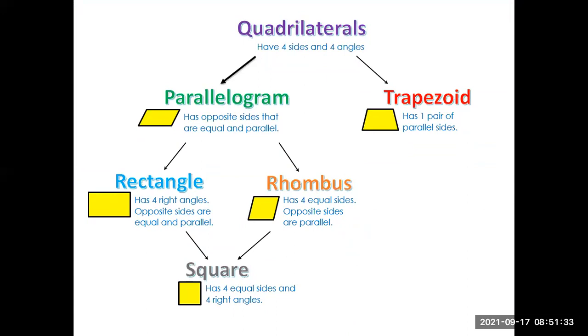Quadrilaterals can be classified into two categories. First is the parallelogram, which has two pairs of opposite sides parallel and equal, whereas a trapezoid has only one pair of sides which are parallel. Then we see rectangle and rhombus. A rectangle has opposite sides equal and all angles 90 degrees. A rhombus has all four sides equal with opposite angles equal, no 90 degrees. And a square has all these properties. It has all the sides equal and all the angles 90 degrees.